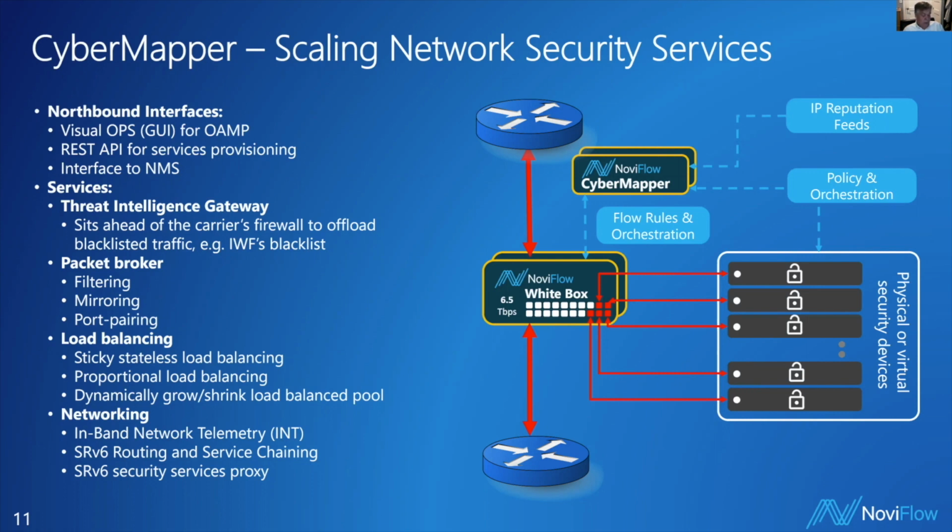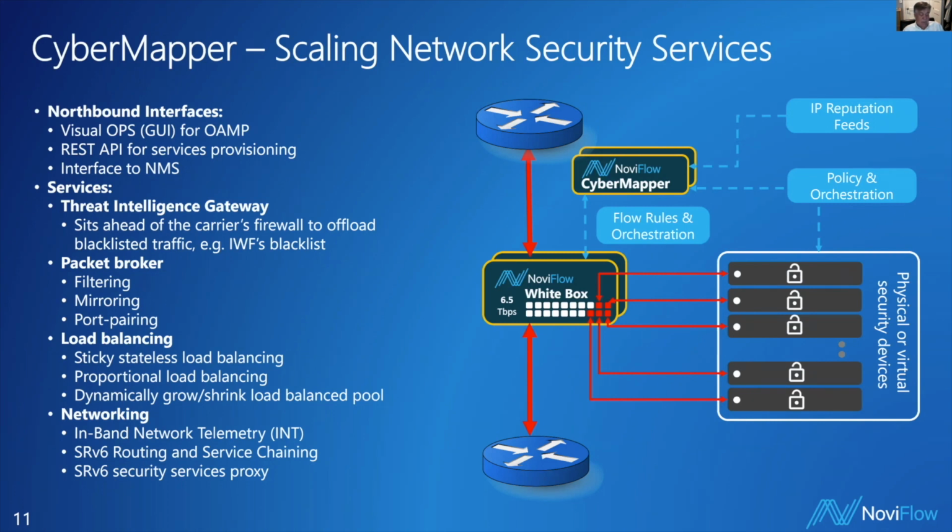The packet broker services include things like filtering, mirroring, and port pairing. The load balancing services are built on top of a sticky and stateless load balancer implemented directly in the Tofino silicon. It supports proportional load balancing and the ability to dynamically grow or shrink the pool of load balanced physical or virtual security services. Networking services include in-band network telemetry for security services, latency, performance monitoring,